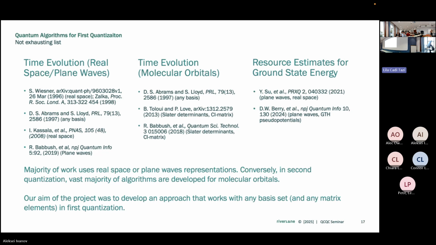And then there was work by Kassal and co-workers, where they considered a real space representation, and they considered both electrons and nuclei together, so you do time evolution of the whole system. And then there was an algorithm which works in plane waves. In all these papers, they provide asymptotic scalings, how the algorithm will behave if I push all my parameters to infinity, basically. And then on molecular orbitals,